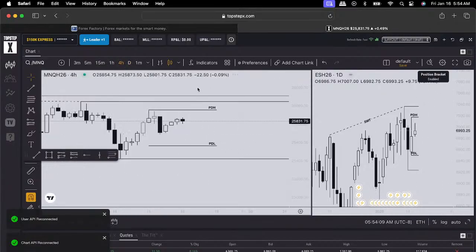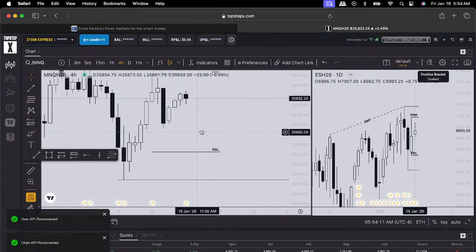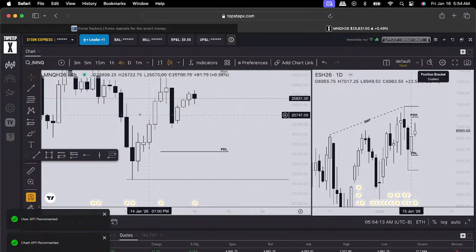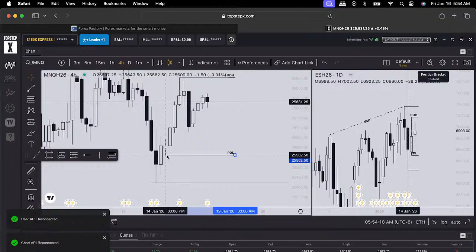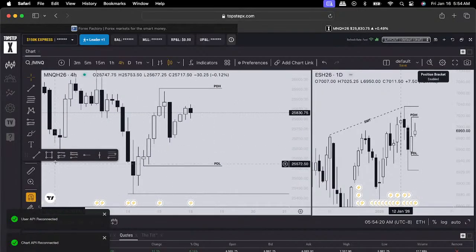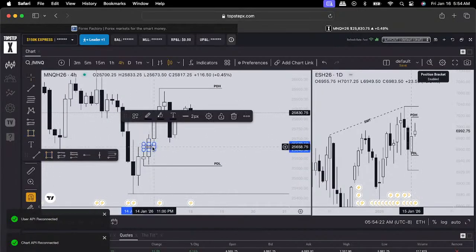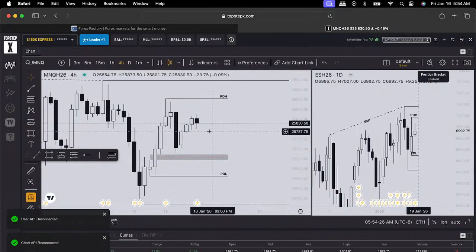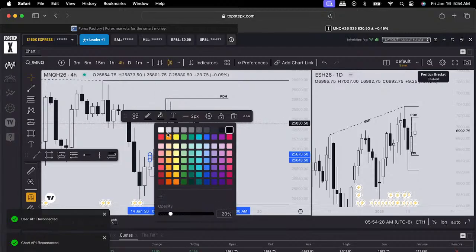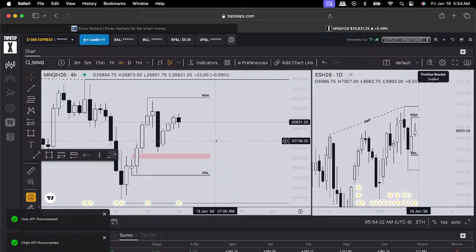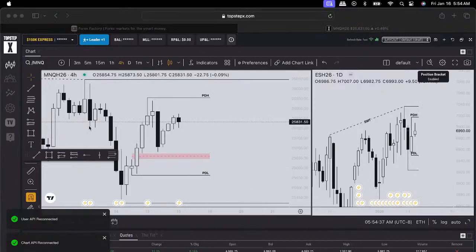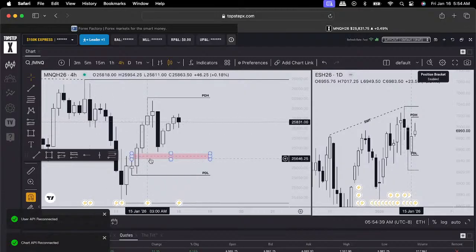4 hour, probably mark out the same fair value gap. Okay, so we inversed it and then inversed it again, so that seems okay, it seems good. As long as we don't disrespect this one, we'll be okay. So that's gonna be my main point. If we inverse that one, it'll be my invalidation. So I hope you guys can see everything all chill and all good.